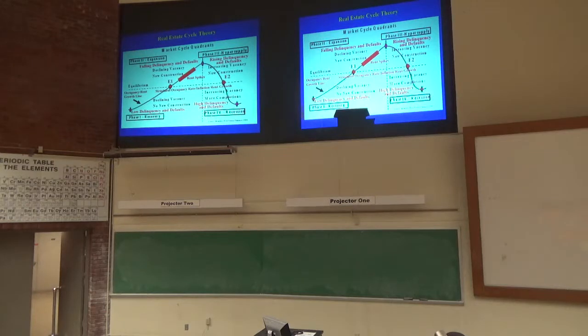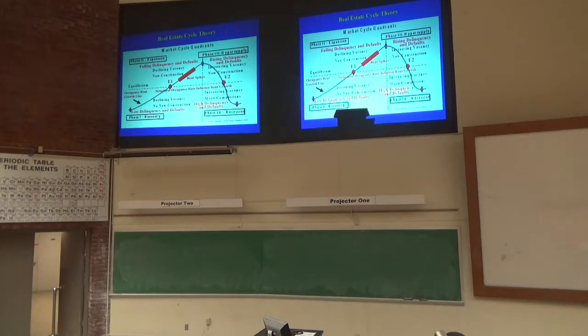We're in phase 1. There's no new construction. The economy is basically not in a recession, but there's no aggregate demand, and we're just waiting for the demand shock to hit. All of a sudden, the Fed uses accommodative monetary policy, drives interest rates to zero, stimulates the economy, and all of a sudden we start to get job growth. And as jobs start to be created, demand for space increases, net absorption increases, occupancy rate increases, rental growth rates increase. And then we start moving up that path.